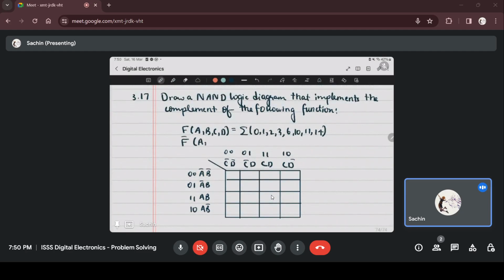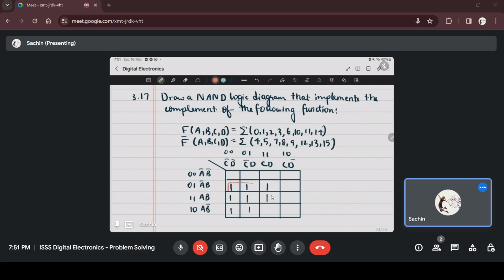The complement of F of ABCD is summation 4 5 7 8 9 12 13 15, and if you want to simplify that, 4 5 7 8 9 12 13 15,